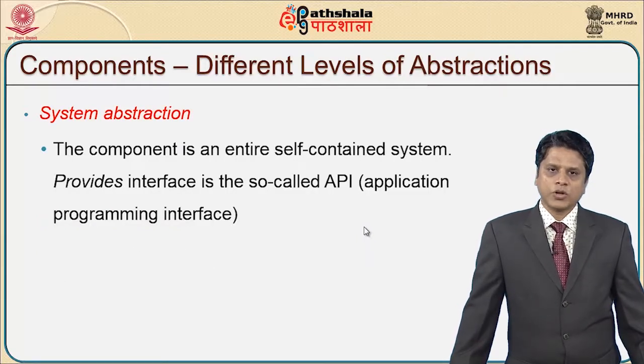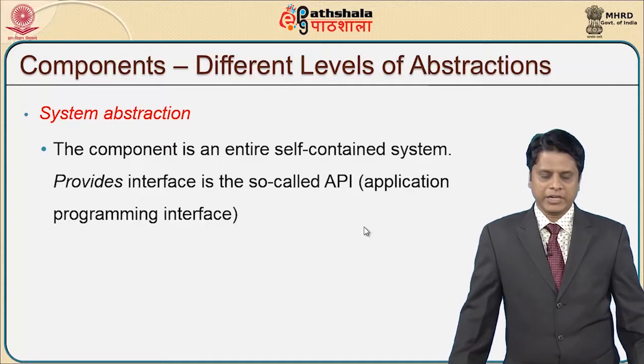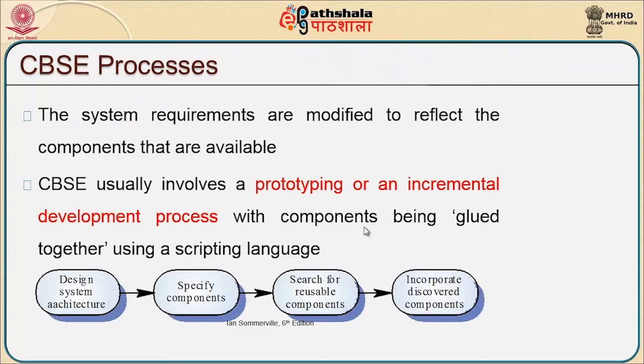Different levels of abstraction also include system abstraction, where the component is an entire self-contained system that provides an interface, a so-called application programmer interface. Some of the very well-known component-based software engineering processes include system requirements modified to reflect components that are available, usually involving a prototyping or an incremental development process, with components being glued together using a scripting language. So we start from designing the system architecture, we specify what components are required, we search for reusable components, and incorporate those